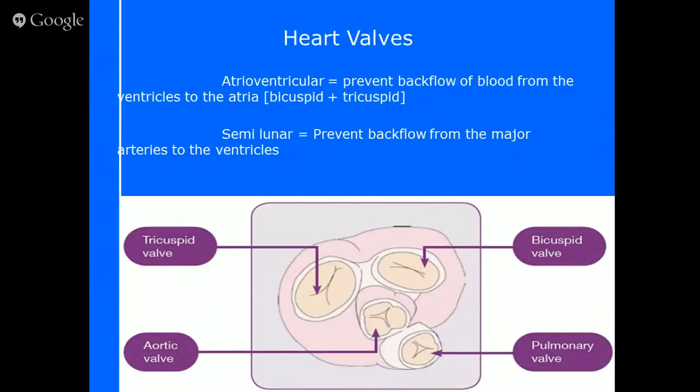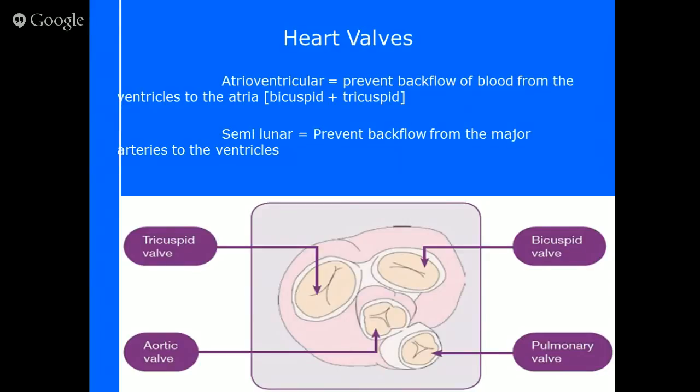The actual part at the top here is to really understand the difference between an atrioventricular, so remember that means atrium and ventricle valve, and then also a semilunar valve. They're quite different. So the atrioventricular prevents backflow of blood from the ventricles to the atria. And then, as I said a minute ago, you've got your bicuspid and your tricuspid. Tricuspid's on the right-hand side of the heart, bicuspid's on the left-hand side of the heart, but they are both